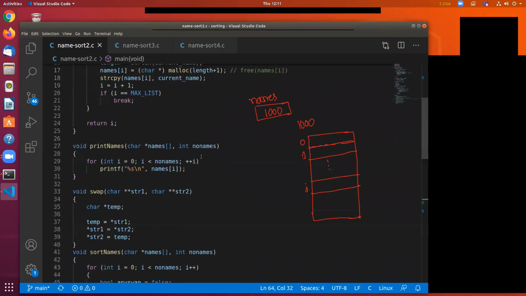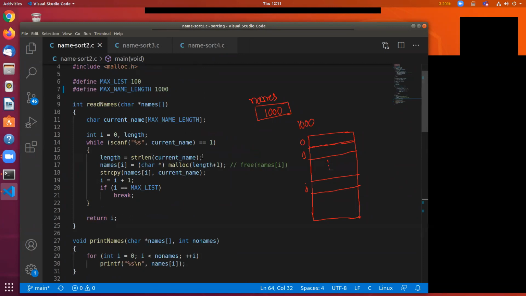And if you see the read names function, the important idea here is that the read names function uses a temporary buffer called current underscore name. Its length is 100 bytes. And we have what is called a keyboard buffer, which, when we type characters, they go to the keyboard buffer. KB stands for keyboard. So on line number 14, when we call the scanf function,